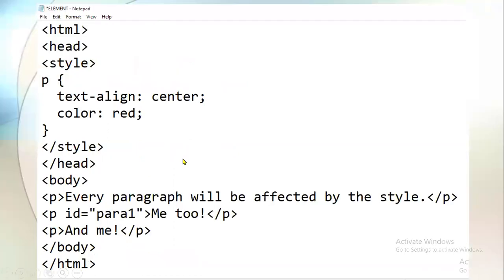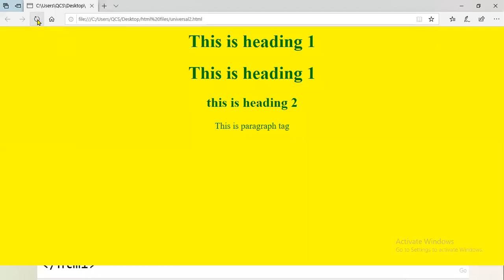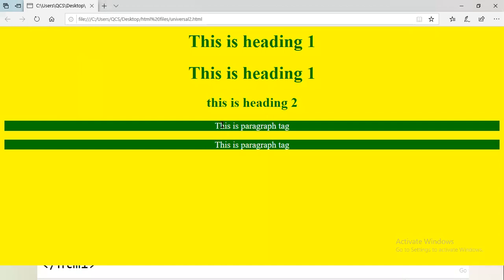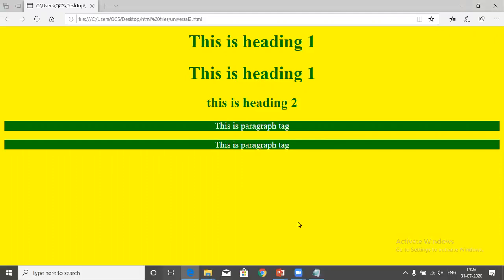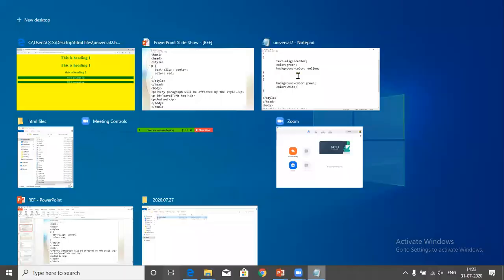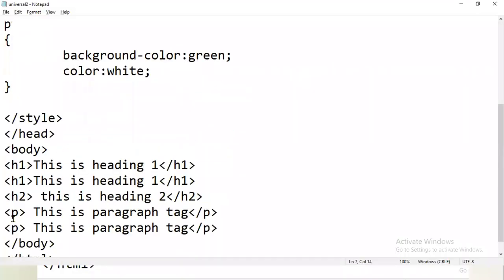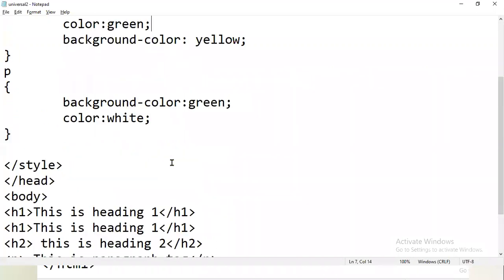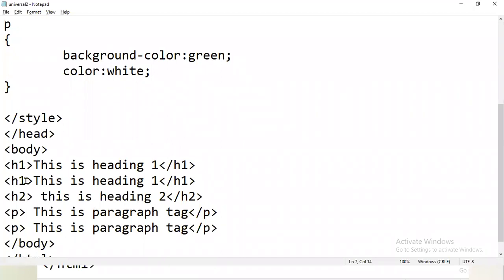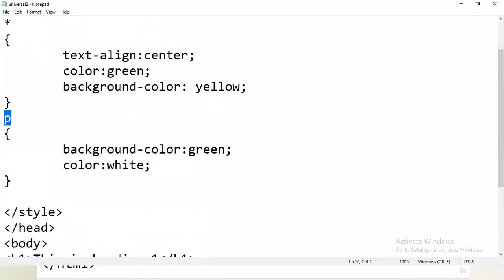You can see I'm refreshing my file here. What you will notice is that whatever property I applied using the type selector has been applied to the paragraph only, on the p tag only. Whatever property you define after using the type selector applies to that tag. Here I wanted to apply the property on the p tag, that's why it is applied on the p tag only. If you want to define properties for the h1 tag, you can write the properties for the h1 tag. Now I am not setting the properties for the p tag, I am setting them for the h1 tag.